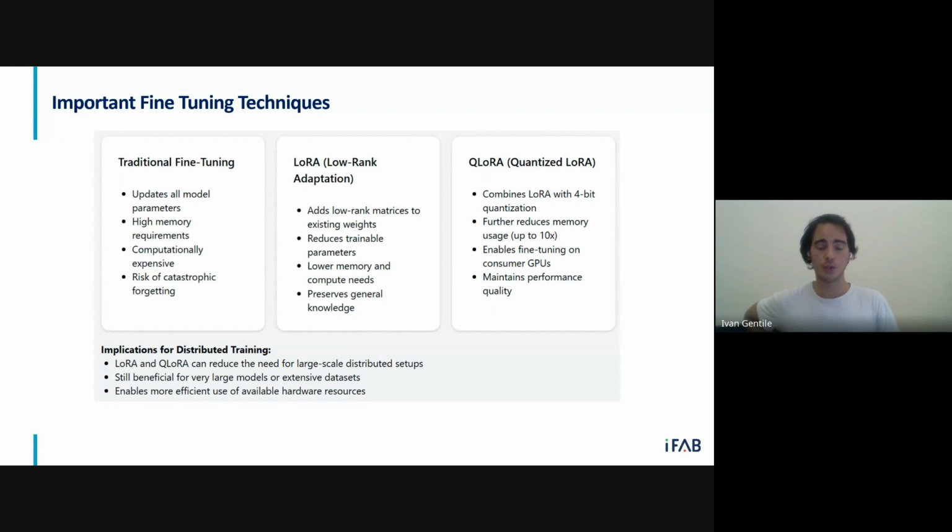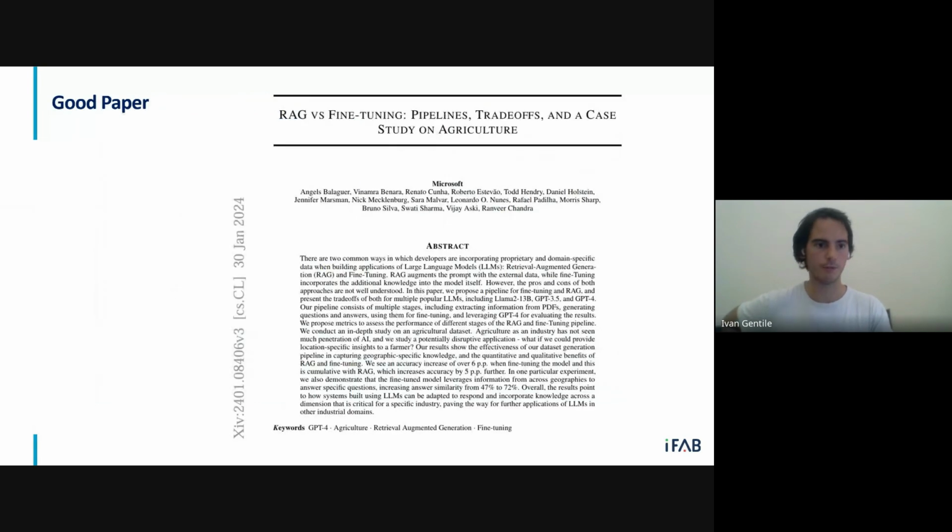We can also do additionally this quantized LoRA. So we can apply this low rank matrices method, a further optimization with quantization that reduces memory usage even further. This allows us to then fine-tune even large models, maybe Llama 7B on a couple of GPUs, and you maintain, more or less, the same quality with very limited loss in performance. So those are two methods that are really important to know if you want to learn about fine-tuning.